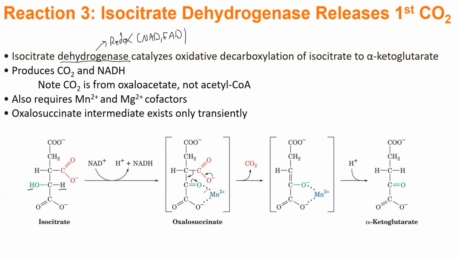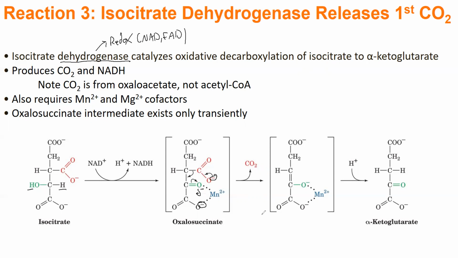Now, just looking at oxalosuccinate, which is one of our intermediates, it looks like a very unfavorable molecule. You have a negative oxygen, and a very polar carbonyl group. So this is very negative itself. So you just have a big area of negative charge all next to each other. So normally this would not want to form. So we need a